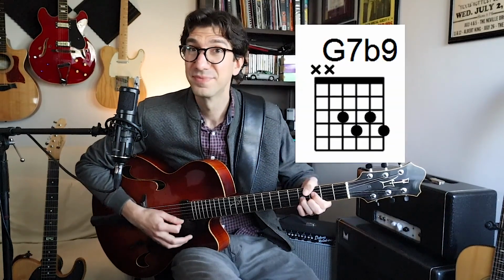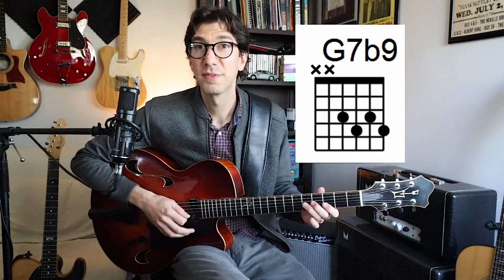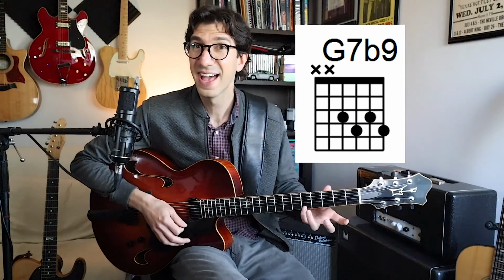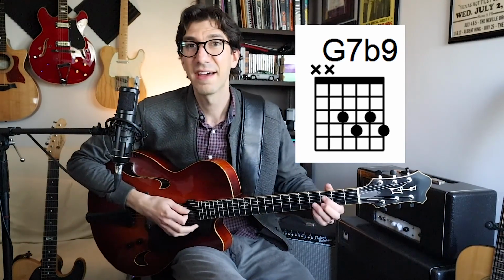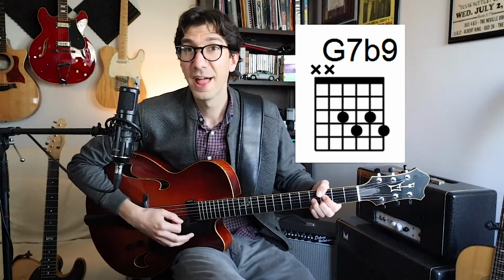So here's a G7. If we add the flat 9, A flat, we get this chord. We can think of that from the scale. 1, 2, 3, 4, 5, 6, 7, 8, 9. Same thing as 2, but if it's above a 7th chord, we'll call it 9. Take it down a half step. That's your flat 9. So when we put that chord in a 2-5-1,